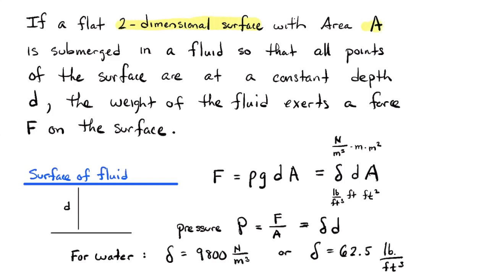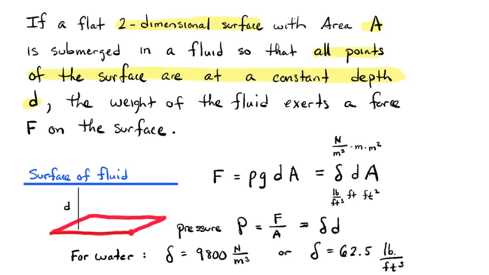all points on the surface are at the same depth. All points of the surface are at a constant depth D. You can see in my picture down here, I've got a surface of a fluid drawn there, and then I'm taking my two-dimensional surface. You're looking at its end view here. If I put some depth in the picture,